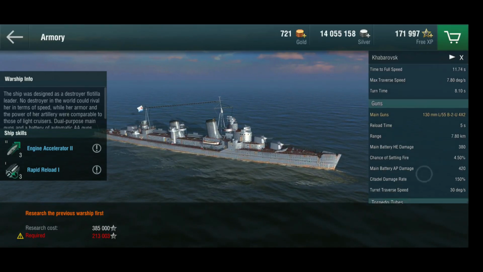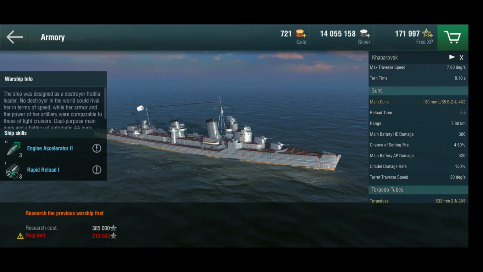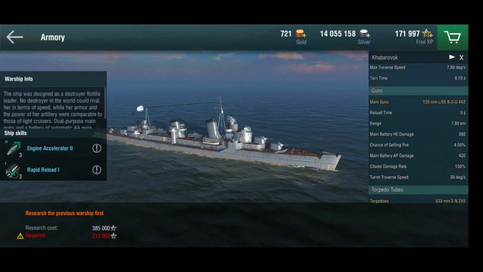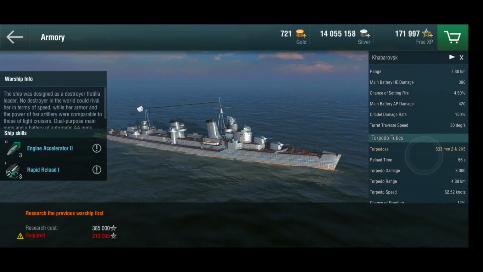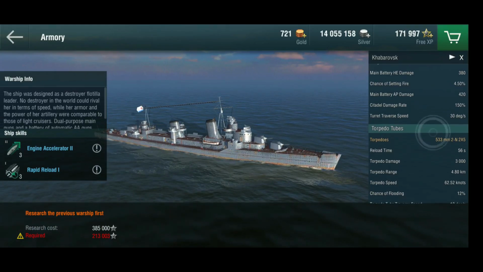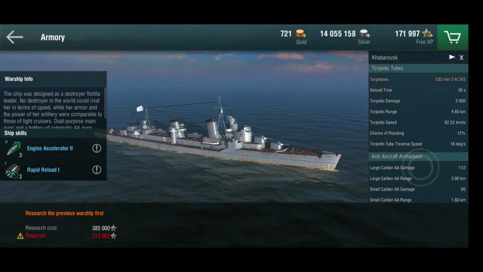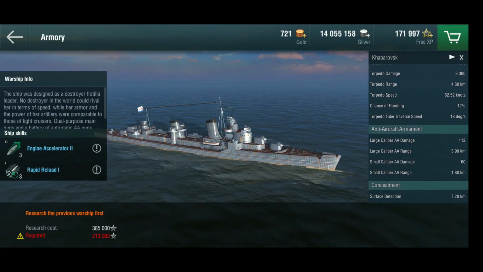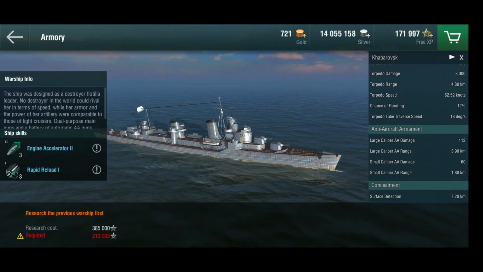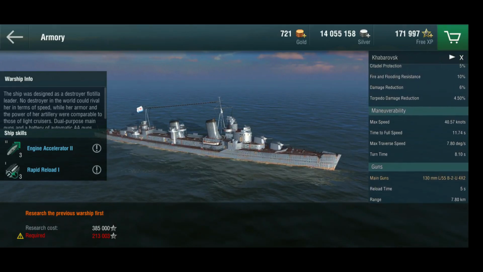Now, she's got great guns. Again, 130 millimeters. She's got 8 of them with the same great turret traverse speed, but this is tier 10, and I'm not feeling this. She's got the quintuple launchers, again with the 56-second reload, 4.8 kilometer range, not the greatest torpedoes in the world. Yes, it's a gunboat. Yes, she's got dual-purpose guns for anti-aircraft, but this is supposed to be a destroyer. My base gripe here being the turn time,